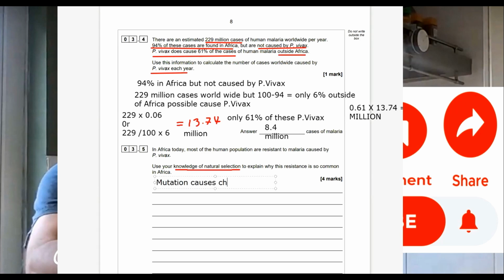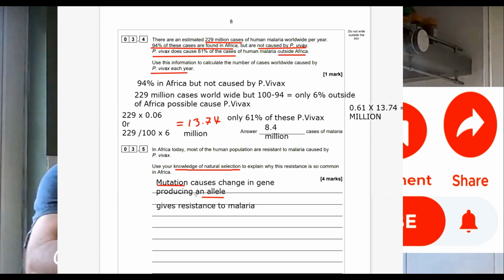So, back in GCSE, this 4-marker would have been a mutation causes a change in a gene, makes you more likely to survive, reproduce, pass the gene on to the offspring. There's a slight difference at A-level. We must use the word allele. So mutation causes a change in a gene which produces an allele which makes people more resistant to malaria. We do the whole more likely to survive because they won't catch malaria, pass on this allele to their offspring,